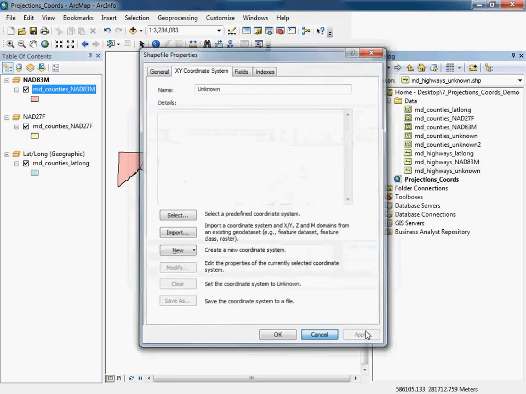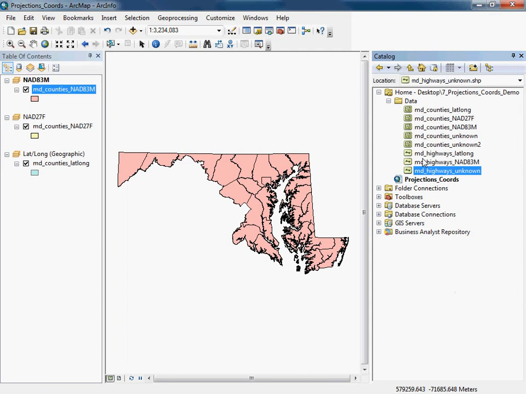So we're going to solve this and figure it out. I use highways and counties to set up a context for my demo. Let's say we've been asked to create a transportation map, and I know I have counties for Maryland. I'm making a transportation map of the major highways in the state of Maryland, and someone gives me a shapefile